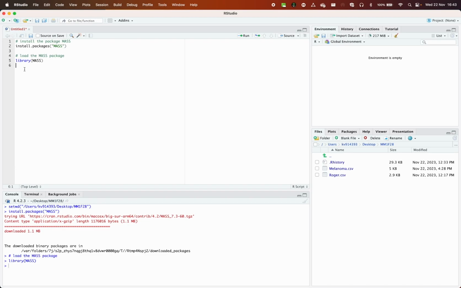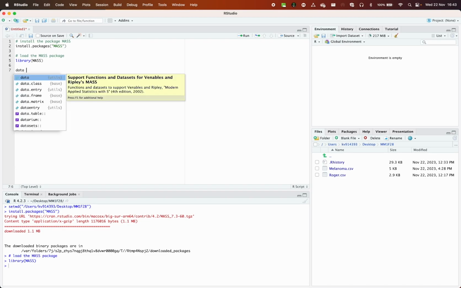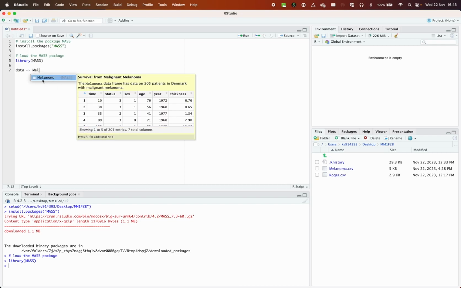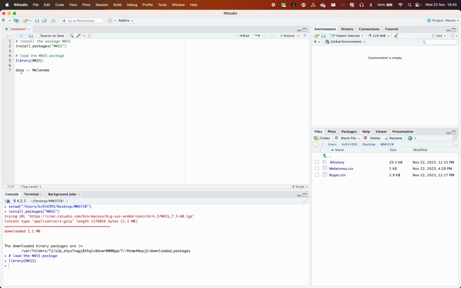So if I want to save it, I can put into data, and then instead of using the equal sign, which will be probably familiar to you if you're using Python, we need to use this different symbol in R, which is smaller than and then a hyphen, okay? And then we put melanoma with capital L. Then you will see that there is auto-completion coming up. You can click on it. It means that you're storing what is in this variable, which is the melanoma. So the dataset is going to be stored in this variable called data. Okay. So if I run this line,